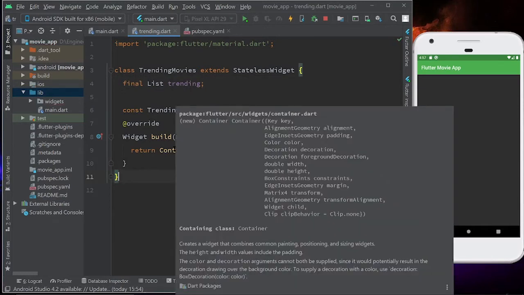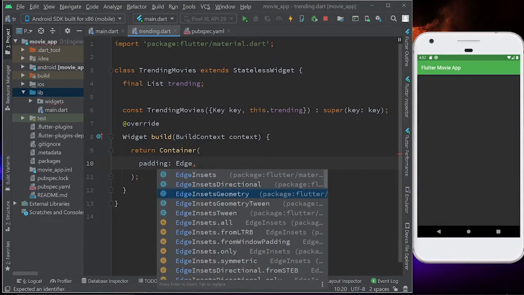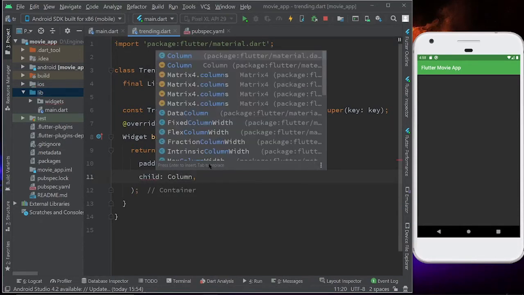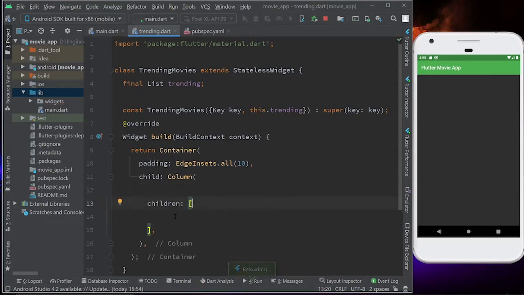Now it is going to return me a container and I'm going to give a padding to this container, right? So padding I'm going to keep 10 from all the sides. So edge insets dot all 10. Now the child will be a column, and this column will be having some children, and inside this children first of all cross axis alignment. Okay, let's do it afterwards when you will see the need of this cross axis alignment, right? So in the column children I'm going to first of all pass a text. So text will be trending